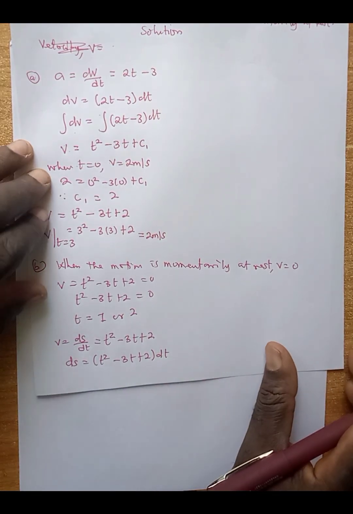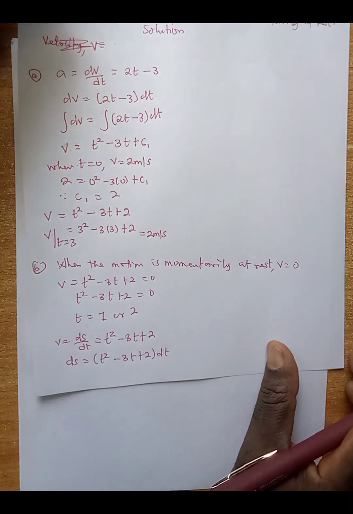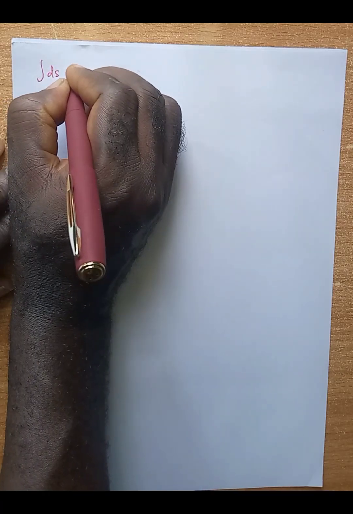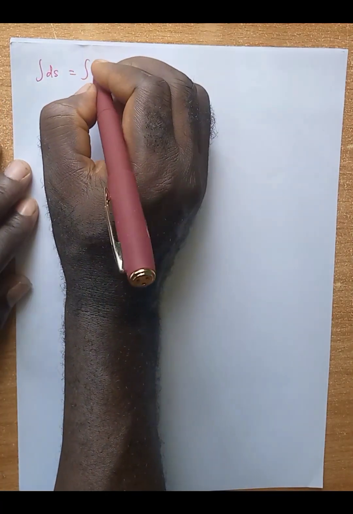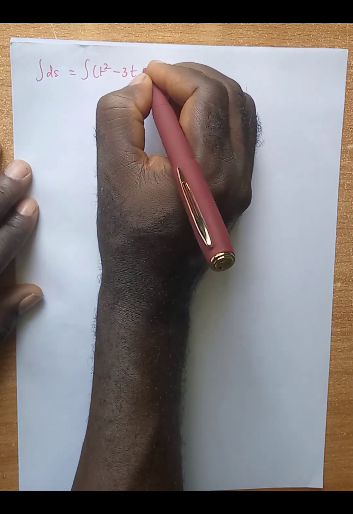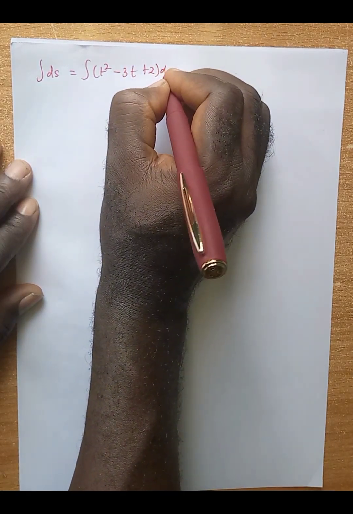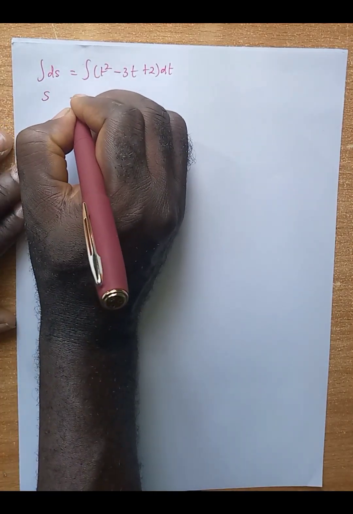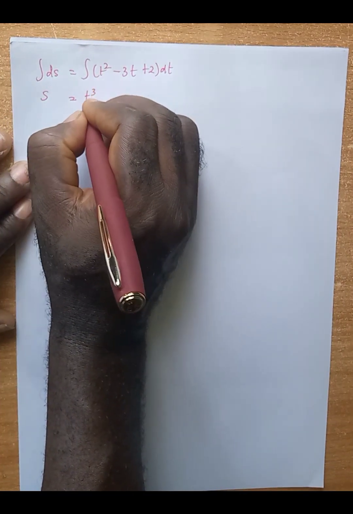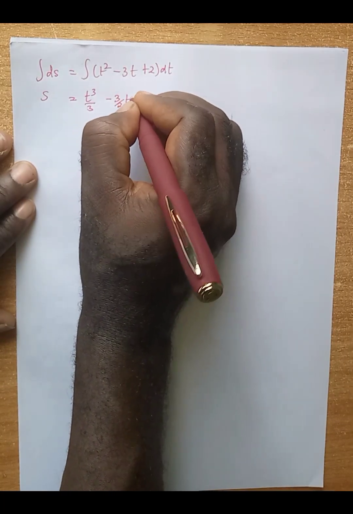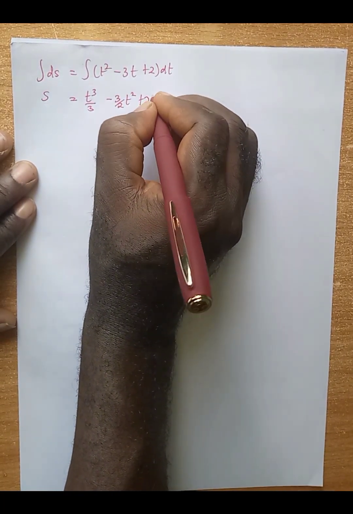Then we are going to integrate both sides of the equation. We are going to have the integral of ds is equal to the integral of t squared minus 3t plus 2 with respect to time. When we integrate this, we have s, and this will be t cubed over 3 minus 3 over 2 t squared plus 2t